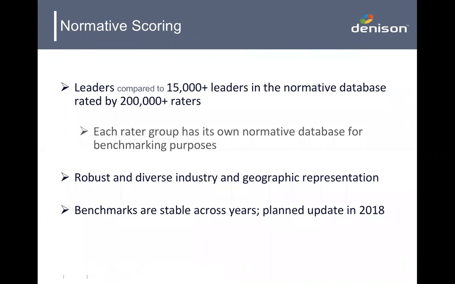The benchmarks are quite stable across years. And they're updated regularly, most recently in 2018. And this benchmark process is the same as the culture survey.